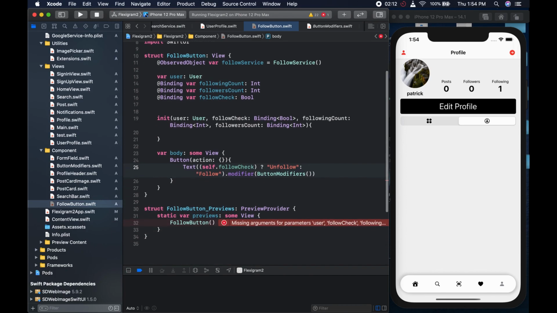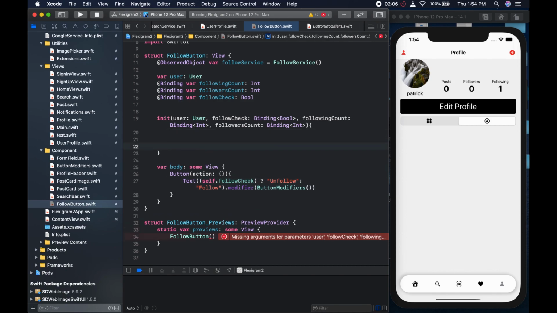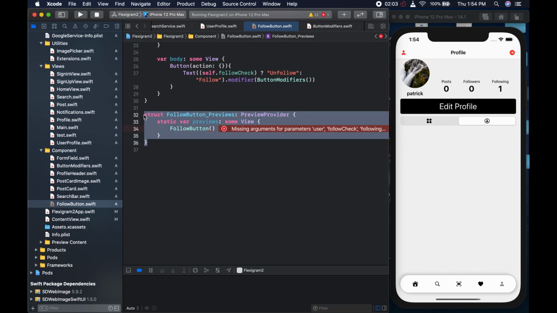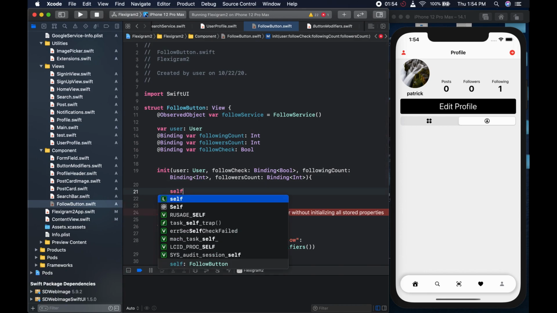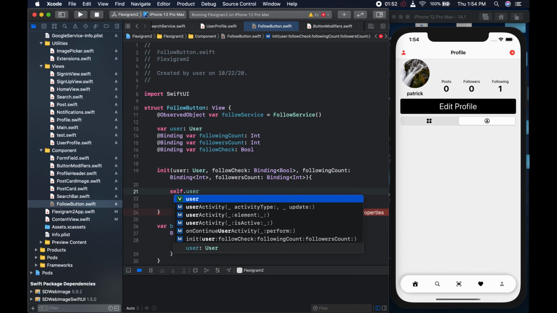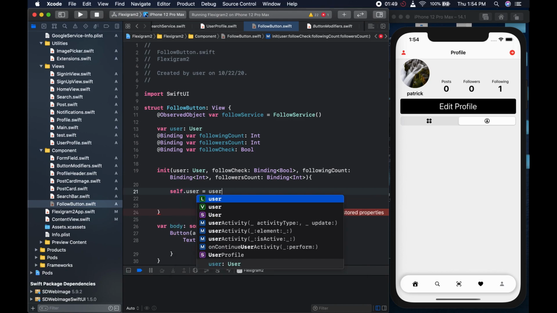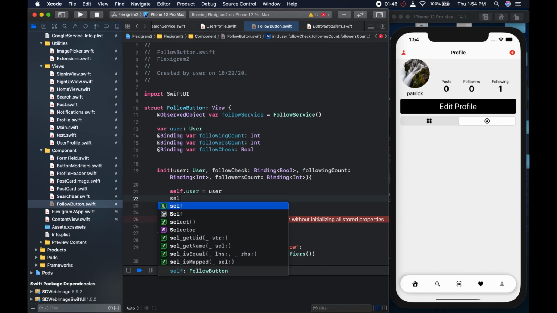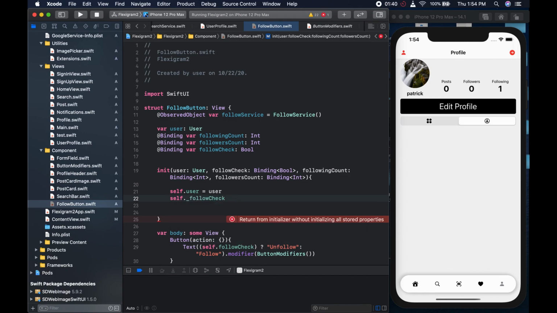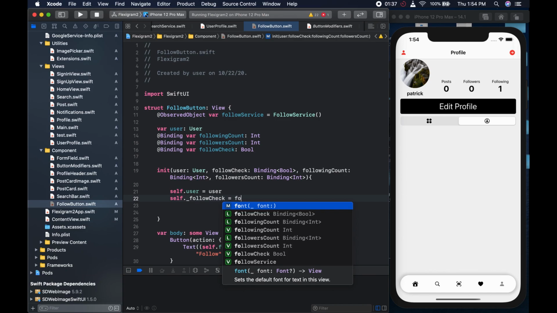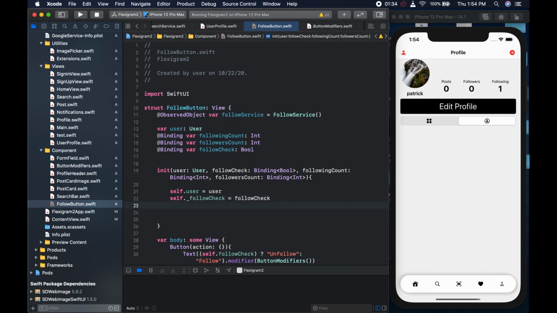And now we can come back and in our initializer, okay, we can get rid of our preview provider so it stops complaining. We could mothball it like that, and here we could set a couple of things. We could say self.user is going to be the user, like so, and then after this we're going to say self._ so that we can make it private. We could say followCheck. We don't want to use it anywhere else. Outside here we could say it's going to be followCheck, like so, and after that we can say self._